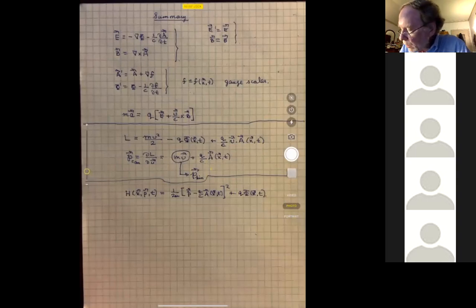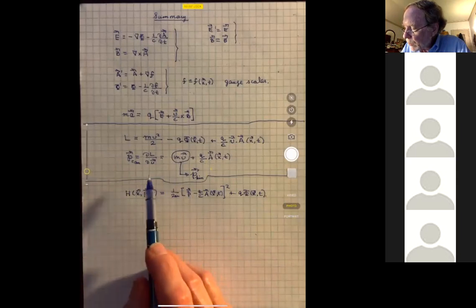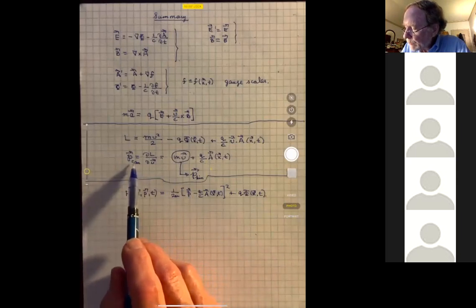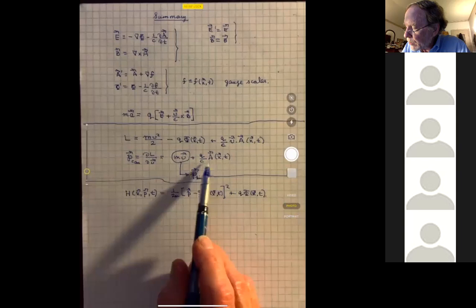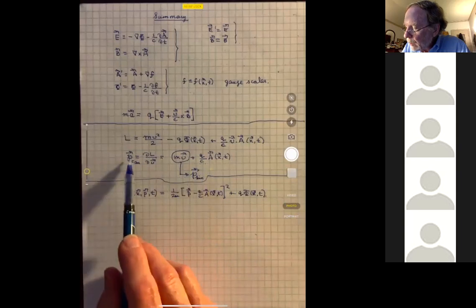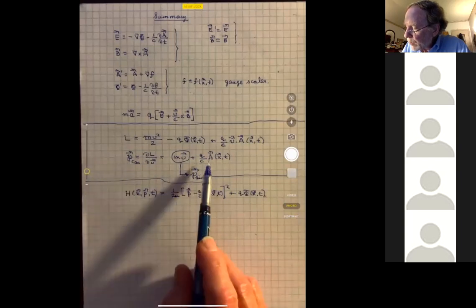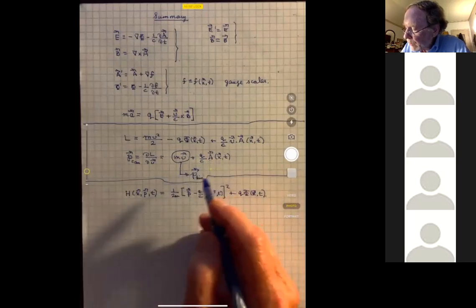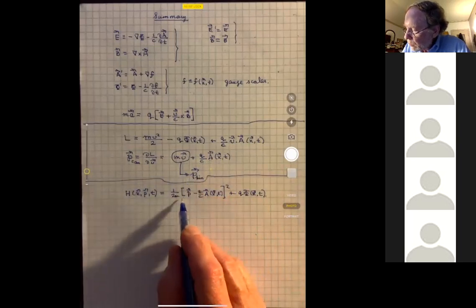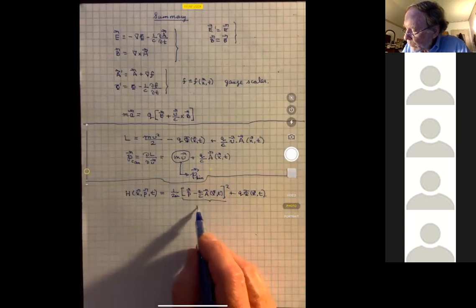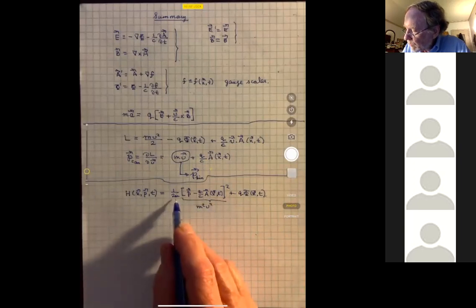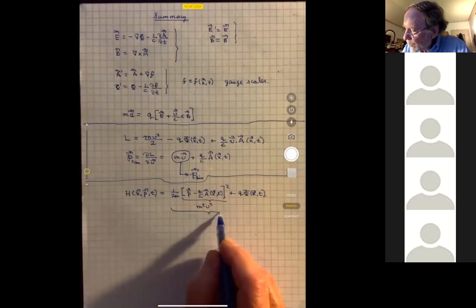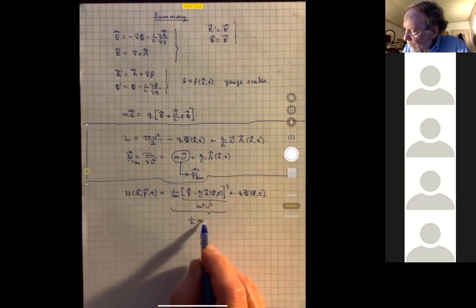Okay, anyway, let me continue. So this is a remarkably complicated expression for such a simple problem, and one has to ask why. Part of the reason is that the p minus q over c A, if I look at this, canonical equals kinetic plus the q over c A, the canonical momentum minus the q over c A is the kinetic momentum, which is the same thing as mv. So this square bracket thing squared is m squared v squared, and then divide by 2m,